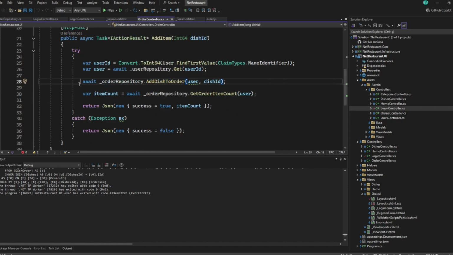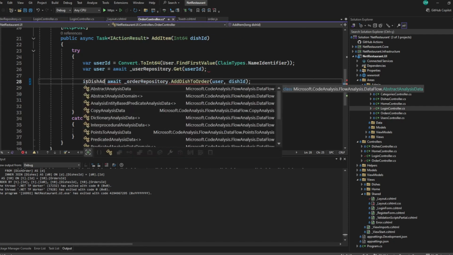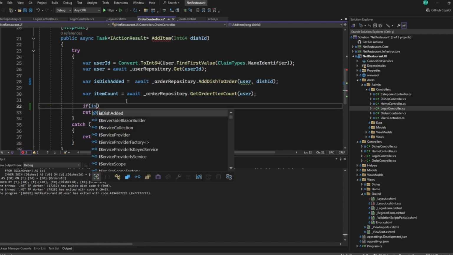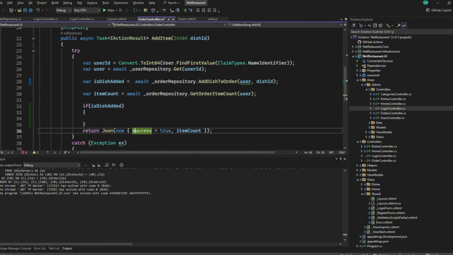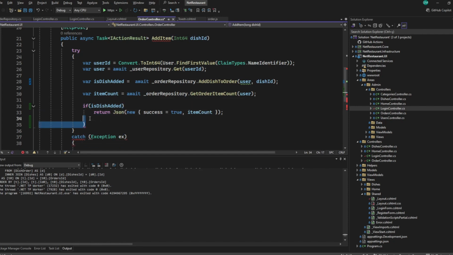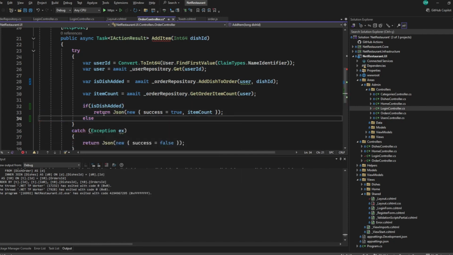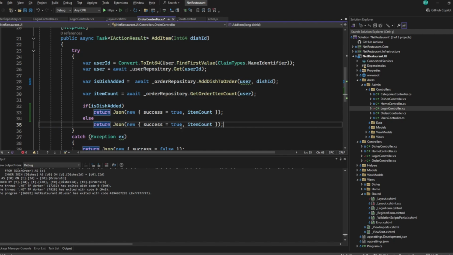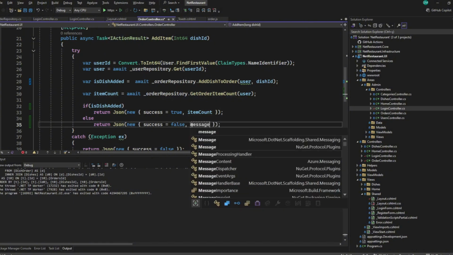Let's go to our order and say, is dish added? Let's first check if is dish added. If is dish added, I'll return this JSON. If dish is not added, this success will be false, and the message will be,